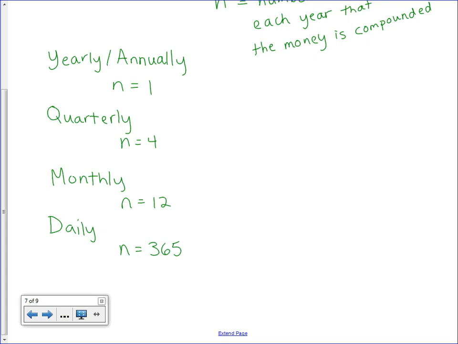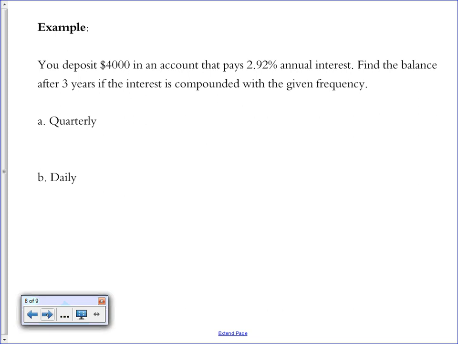Let's see this in an example. So if you deposit $4,000 in an account that pays 2.92% annual interest, we're going to find the balance after 3 years if the interest is compounded with a given frequency. So in example A, we're going to see quarterly. So our formula is y equals the amount that you started with, 1 plus r divided by n to the nt power. So our starting amount is what we're putting in the bank, which is 4,000, times 1 plus r